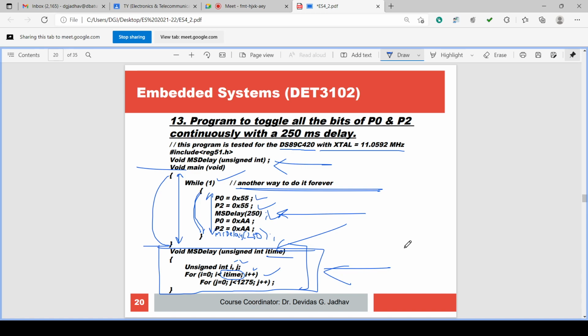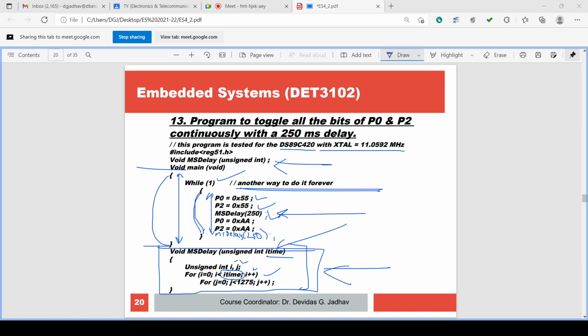So why is the delay there? The delay routine is executed, or introduced into the program, to halt the program at whatever condition it is.